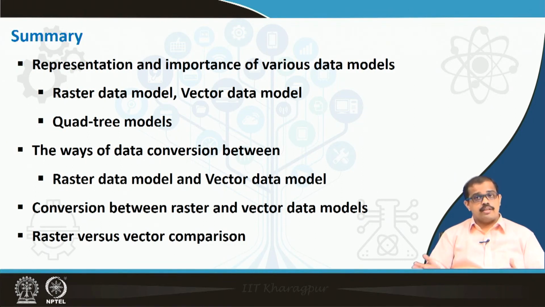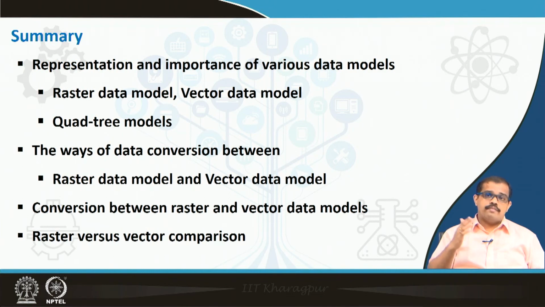When you are doing conversion between raster and vector data models, you have analyzed how it converts raster to vector data. Raster to vector is done in the form of a boundary: it builds up a boundary, then converts based on whatever attribute value is there. I gave an example of urban, vegetation, water and other categories, so it converted into a 4-category vector data. Then you have vector to raster conversion, wherein each of these areas is converted into pixels.